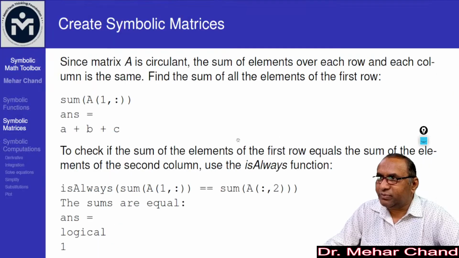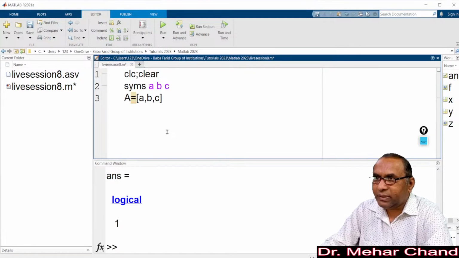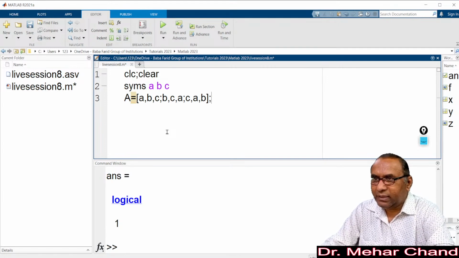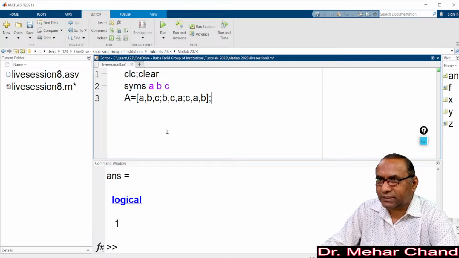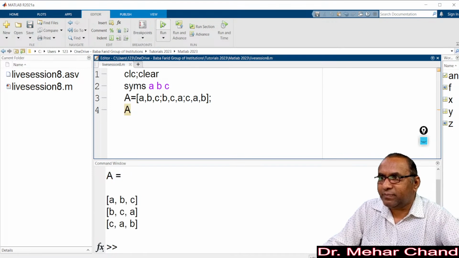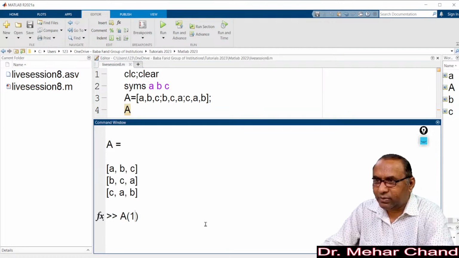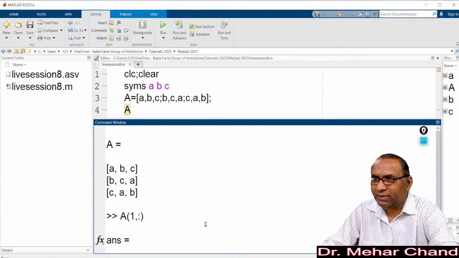So now we were talking about this one, so come back to MATLAB. First we are going to write here, I want to remove all this: A, comma, B, comma, C, then semicolon. Again, B, comma, C, comma, A, semicolon. Then C, comma, A, comma, B. So we can use either a single space or a comma. When we execute this statement, yes, we have this A matrix. Now, comma, and this one. Yes, when I enter, you can see